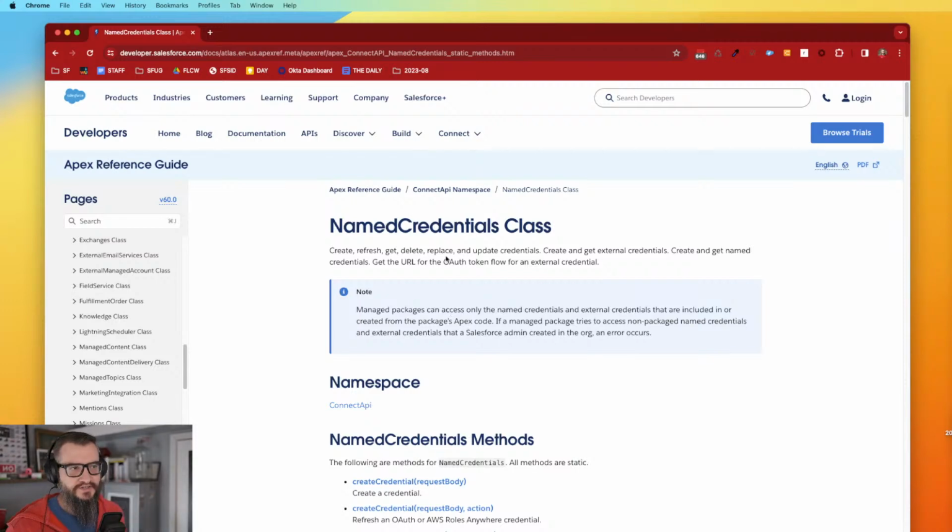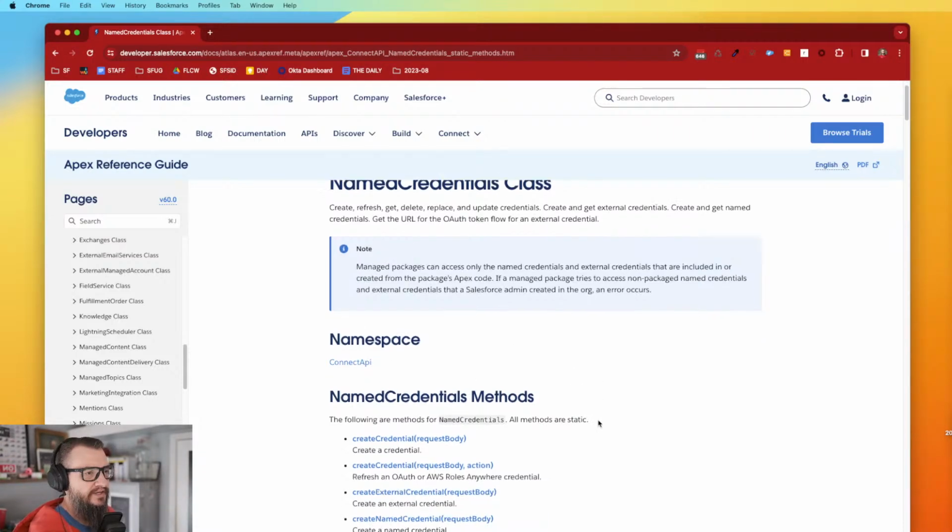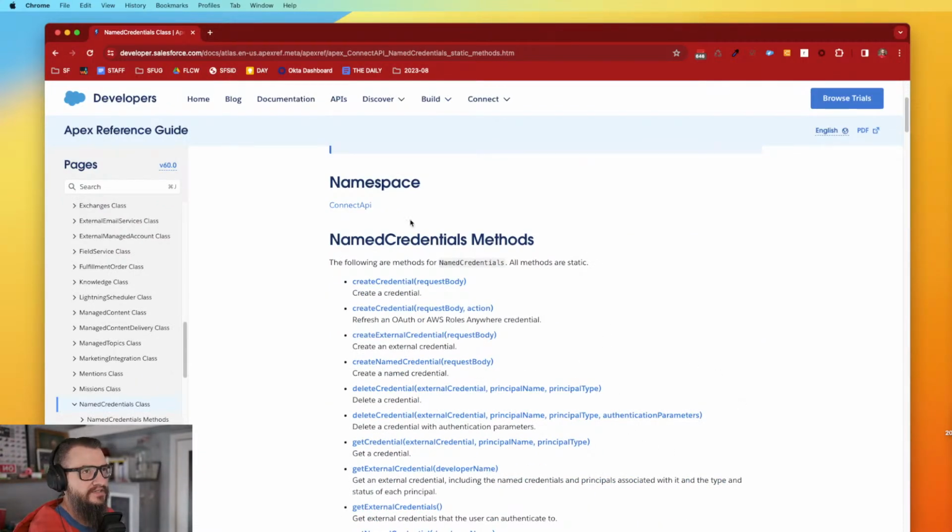All right, here it is. So let's see. It's in the Connect API space, which as far as I know is like the crossover between Apex and the REST API. So it's like stuff wrapped in the REST API if I get that right. So what do we got? What does this do? Let's open up